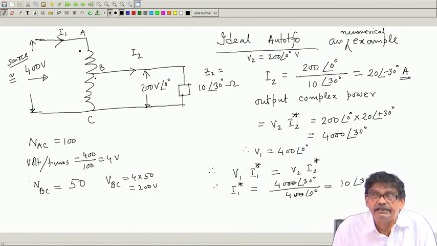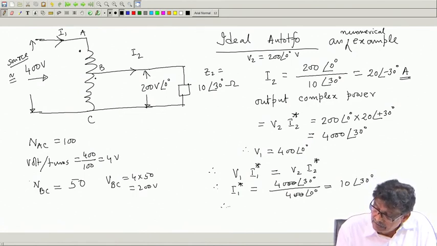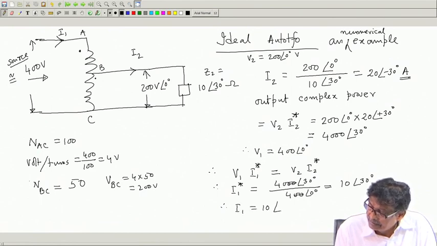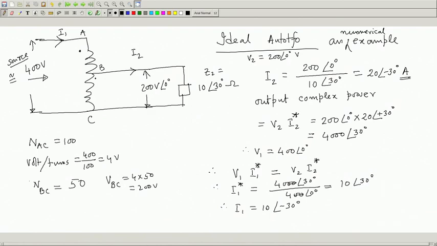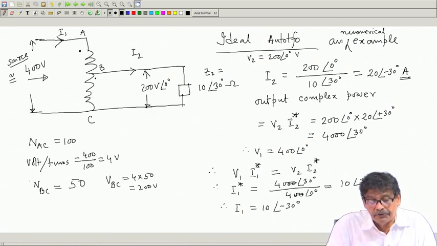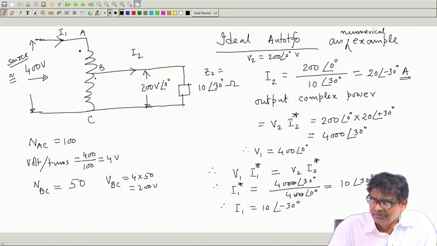But mind you, this is I 1 star, therefore, I 1 will be 10 minus 30 degree. Therefore, balancing the power on the load side, and that is the power drawn from the source, you can avoid